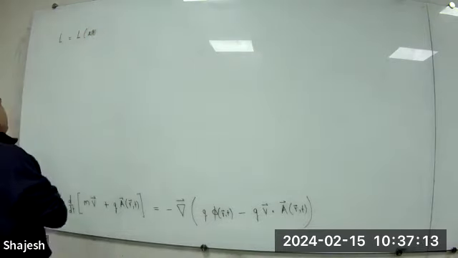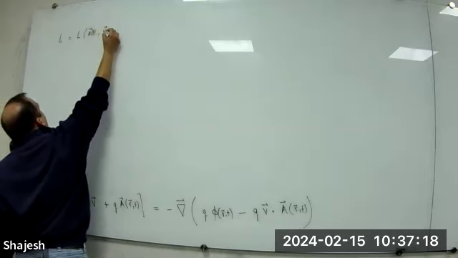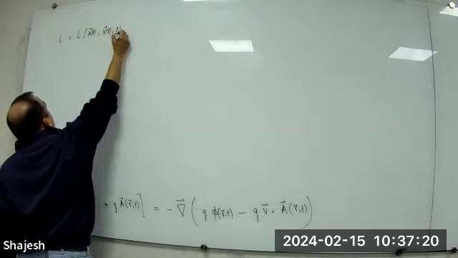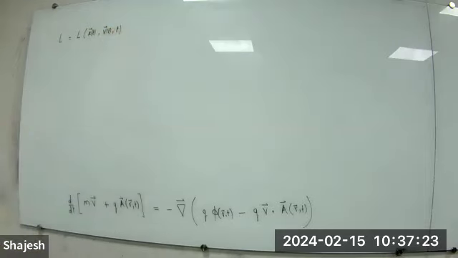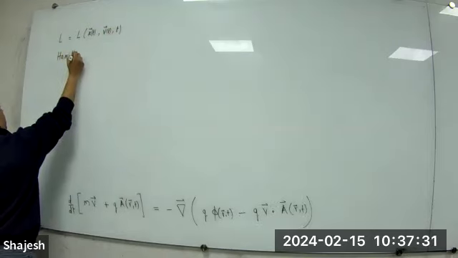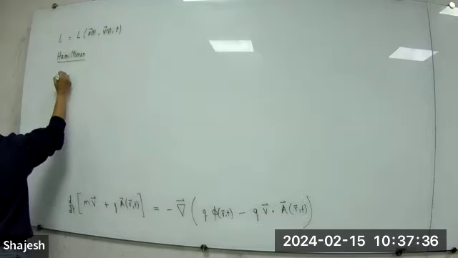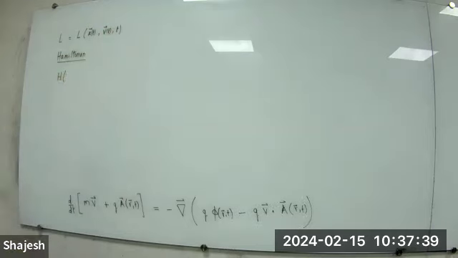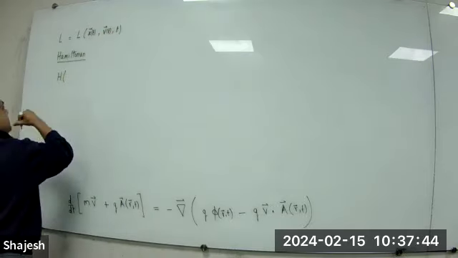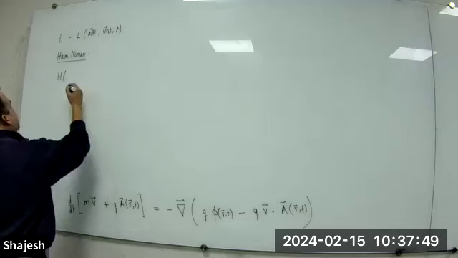So let me write x vector, velocity, and time. I define my Hamiltonian as...